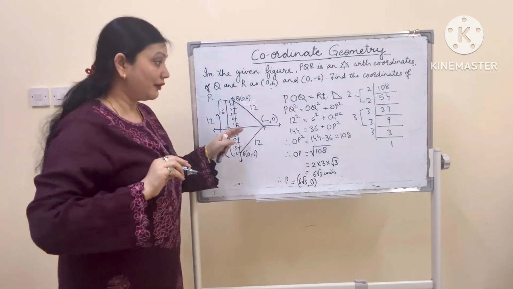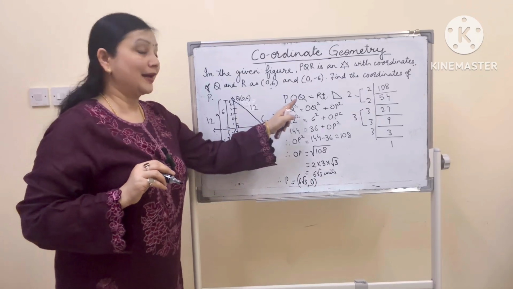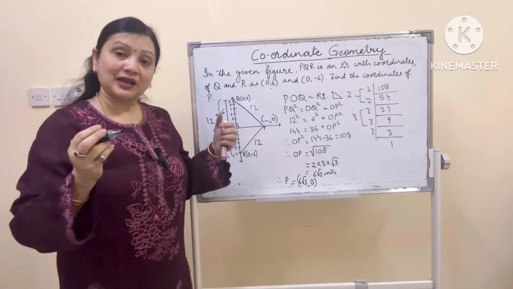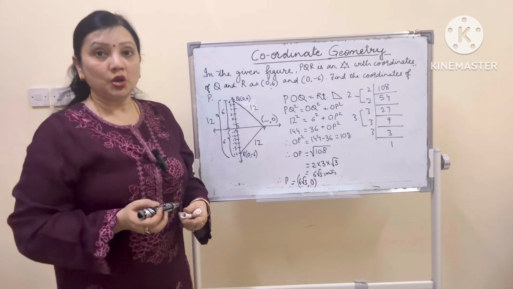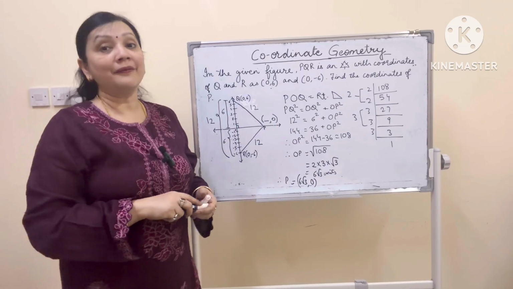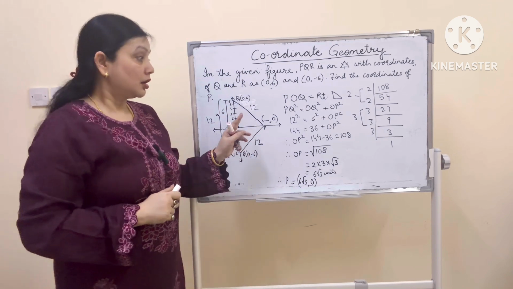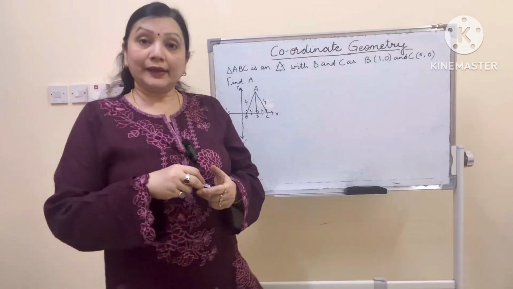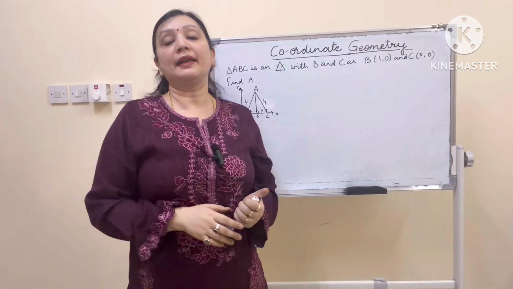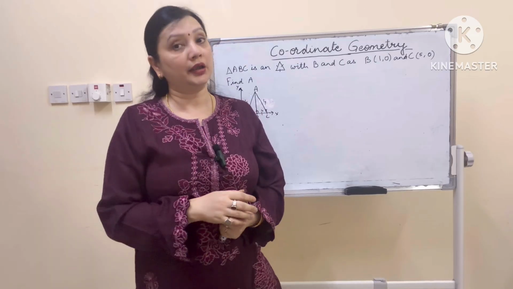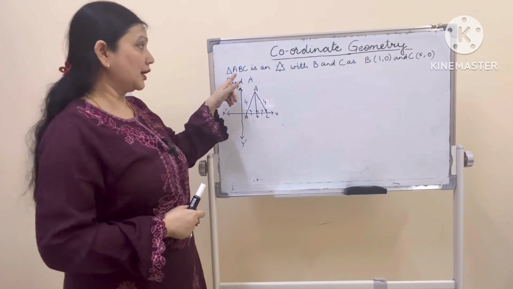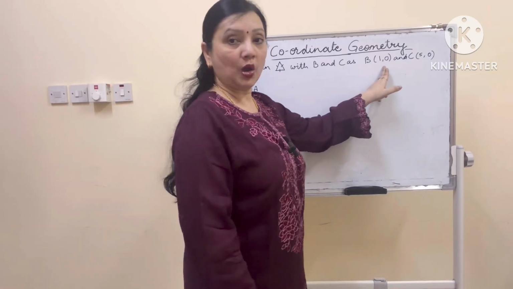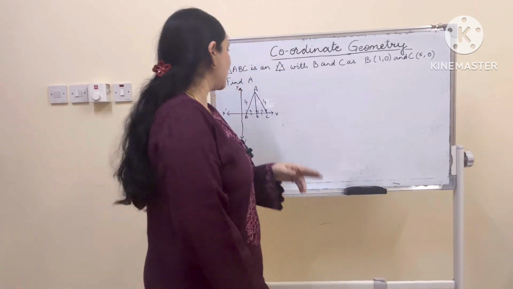Did you see what did we use to find the distance? Pythagoras theorem. So all that under root and square is coming from where? From Pythagoras theorem. Let us try and solve one more question so that the idea of distance formula gets a bit more clear. So the question says triangle ABC is an equilateral triangle with B as (1, 0) and C as (5, 0). Find A.